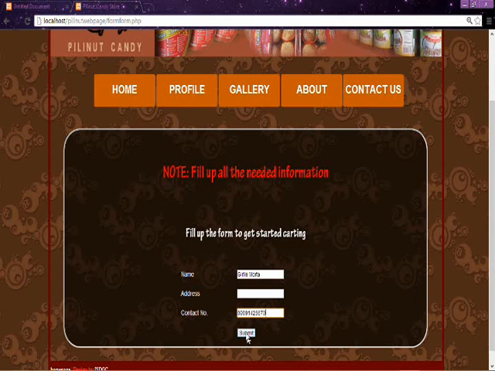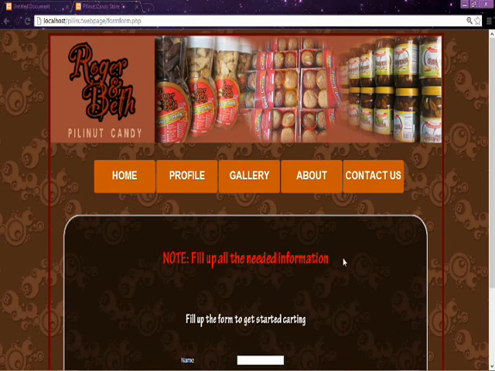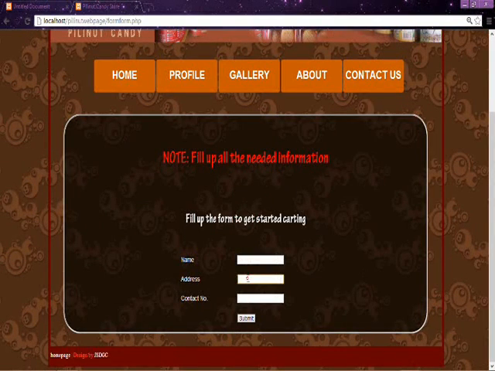If the customer didn't complete the form, the information will not be accepted. Thus, it is not stored in the database. So, let's try another one.